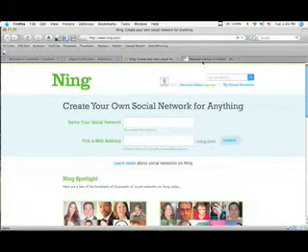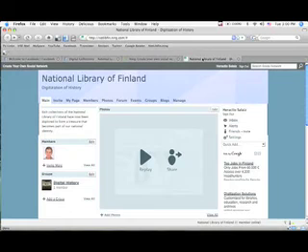This is the network that we created for our client. One of the biggest differences that Ning has from Facebook is that instead of creating your profile, you create your own social network, so you can add profiles of the users. Here we have a small description of our client. In Ning, people can sign up as members of our client's network right here, and below it there's an option of creating groups. These groups can be anything like interest groups or groups for students and for researchers.